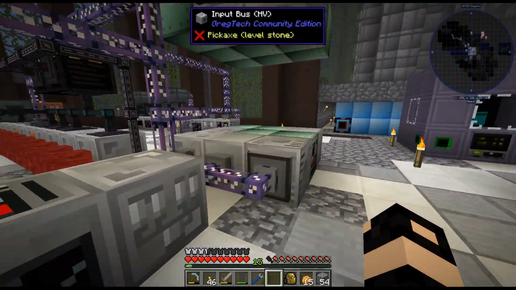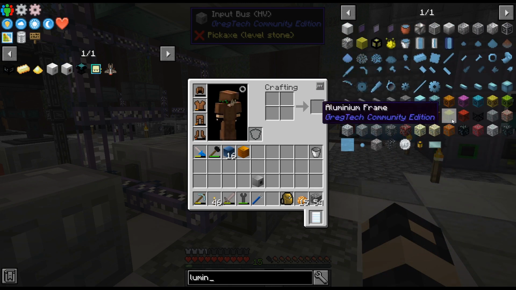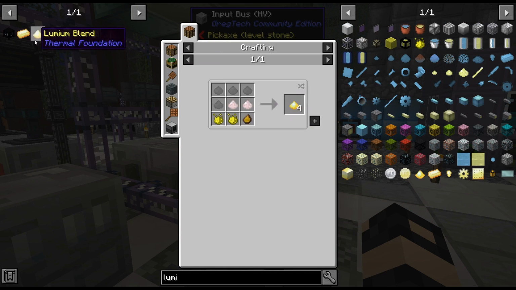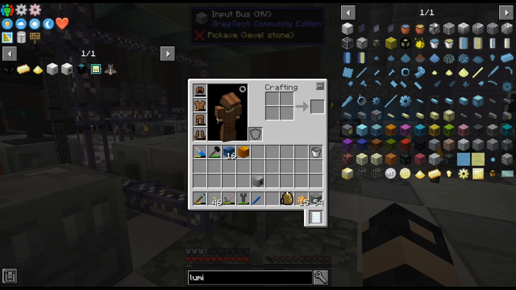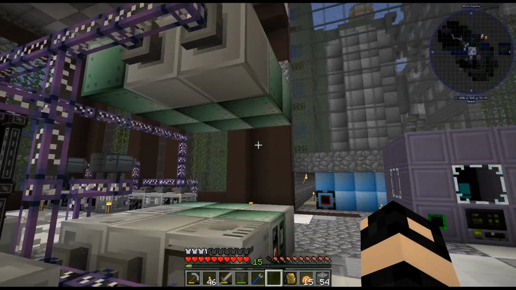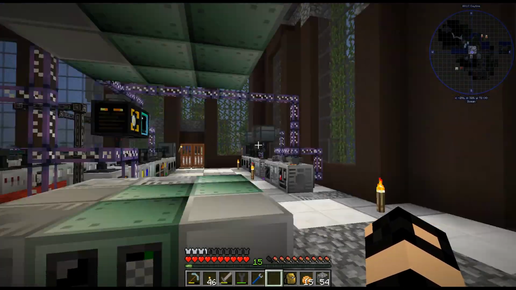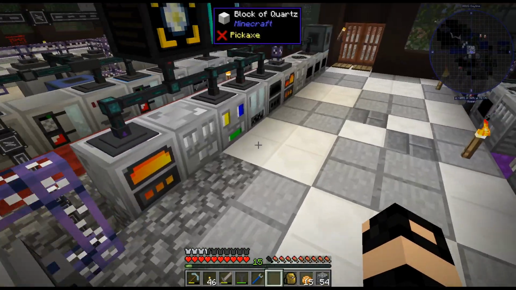Also, we're gonna need to get Lumium. We're gonna need Primal Mana in the blast furnace, and we don't have enough things. So I do know I need to get another blast furnace going, but that means more coils. So in the meantime, we're just gonna